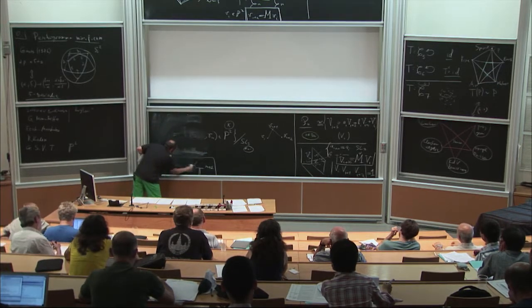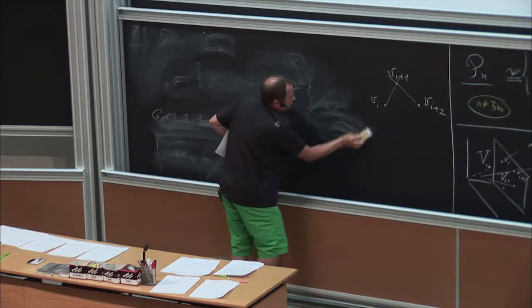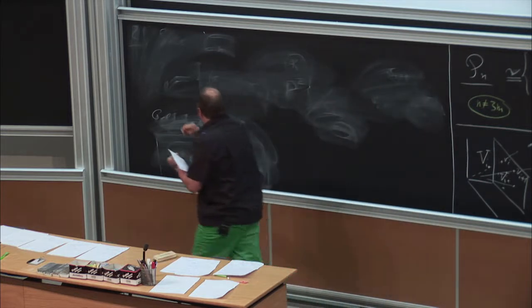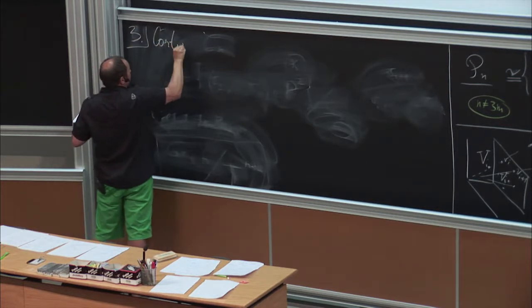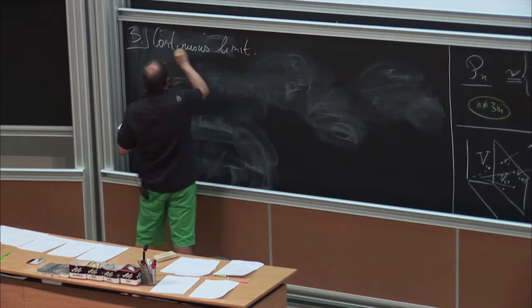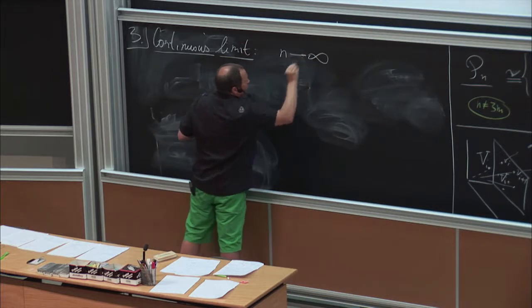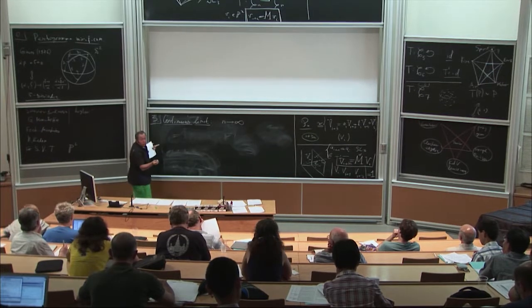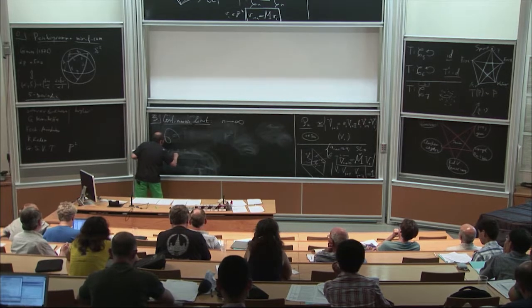So let us suppose that n tends to infinity. Then we replace an n-gon by a smooth curve. Okay, so our initial data is a smooth curve, say gamma,